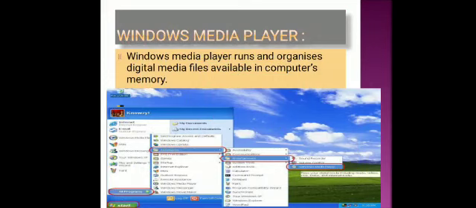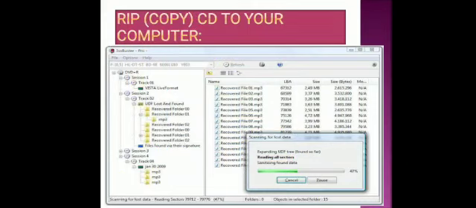When you click on the Windows Media Player, after that you have to insert an audio CD in CD drive. When you insert it, a list of songs that are stored in the CD will appear in Windows Media Player. Now what you have to do? You have to select the songs that you want to copy. Check boxes are given here, with a box and a tick mark. When you are done with that selection process, then click on the rip CD button. And it stops when all the songs' status is updated.